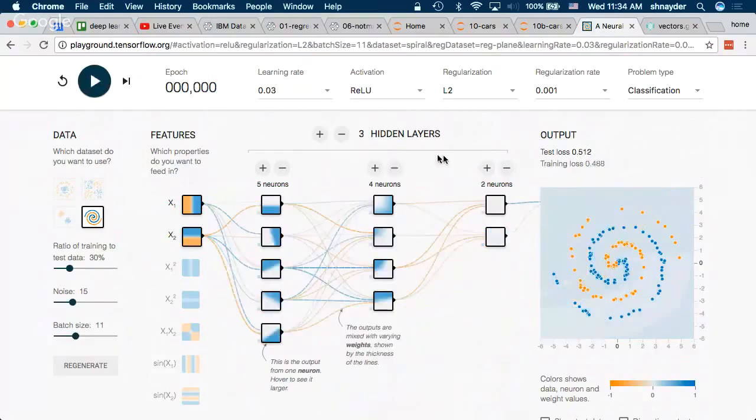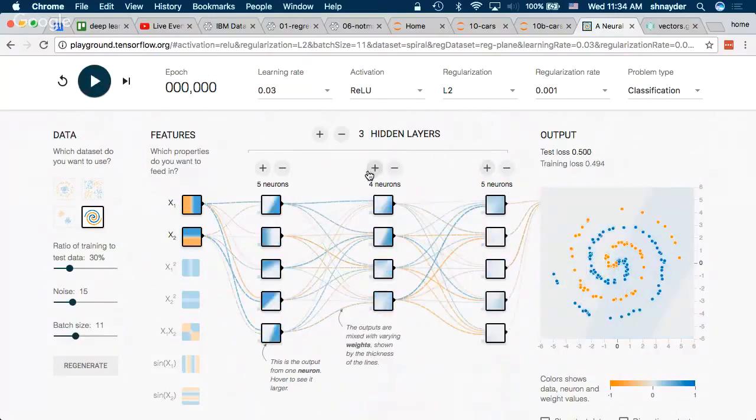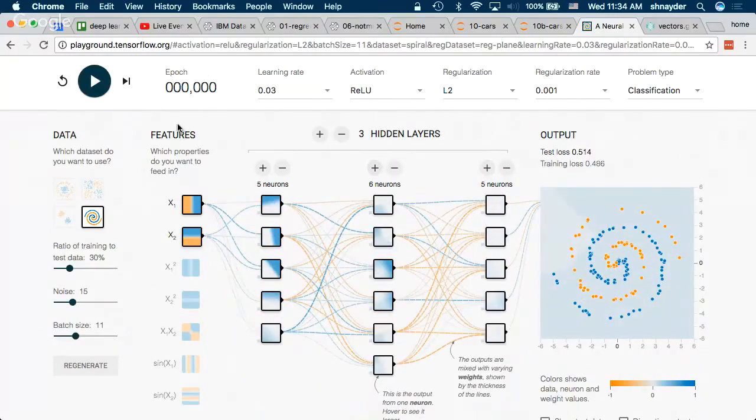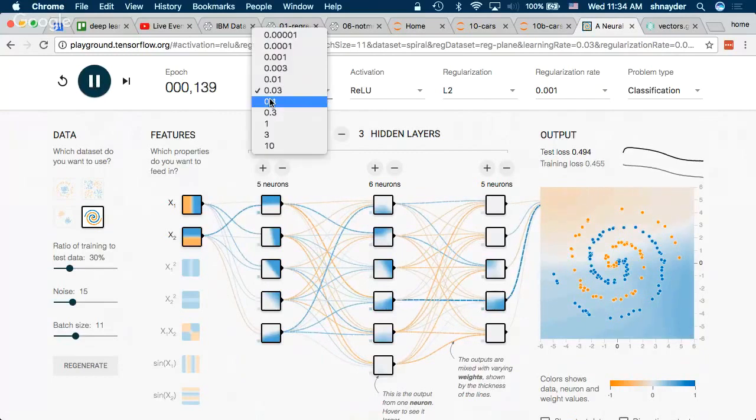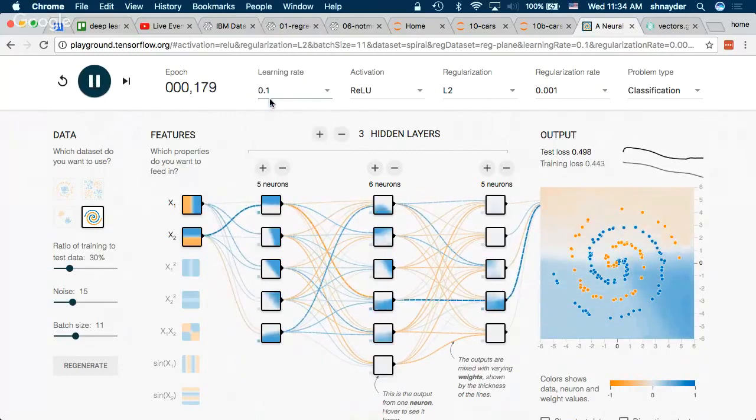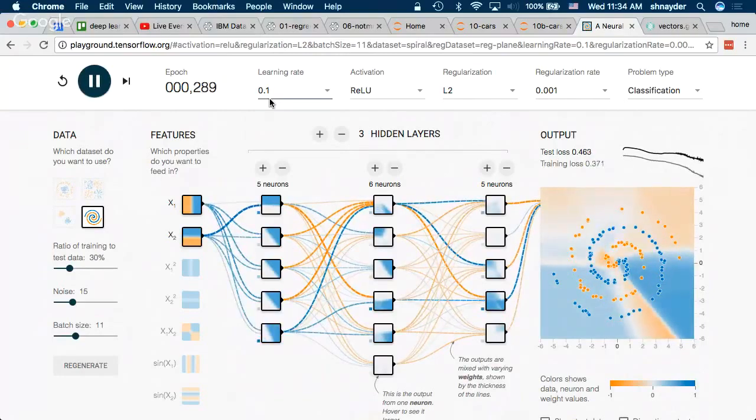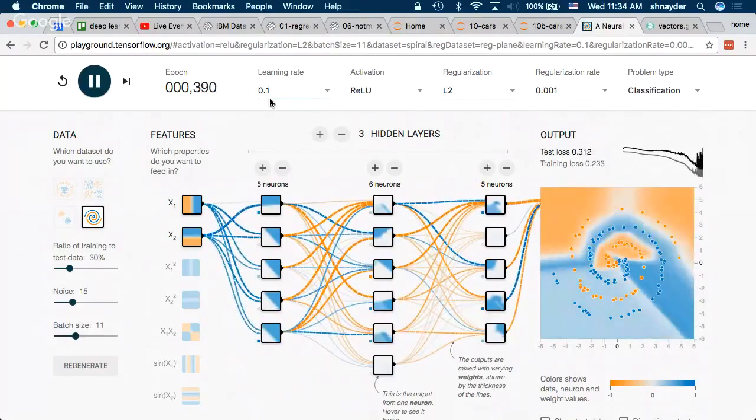So let's add another layer, some more neurons. Go. Aha, it's learning, it's learning.